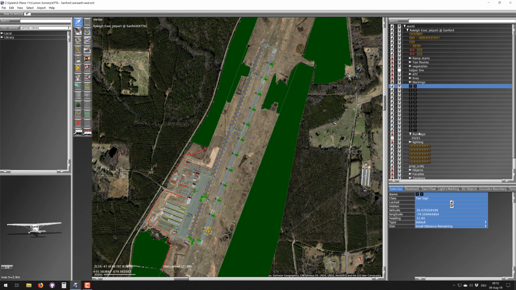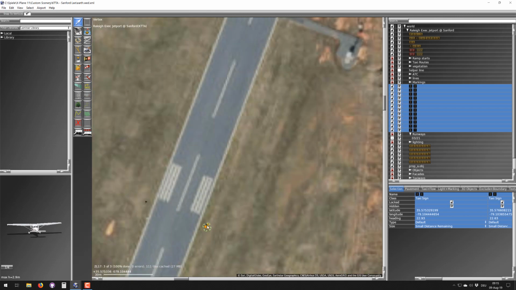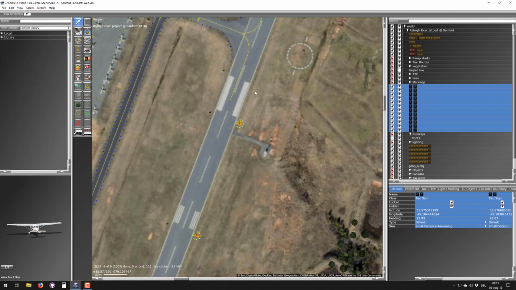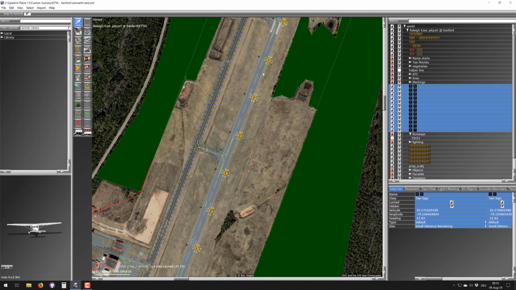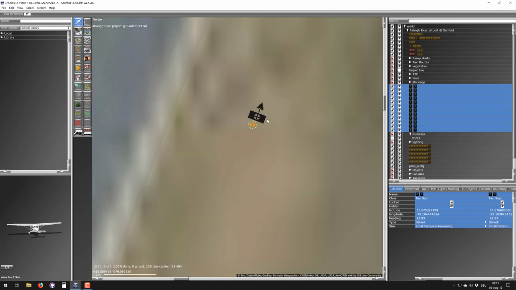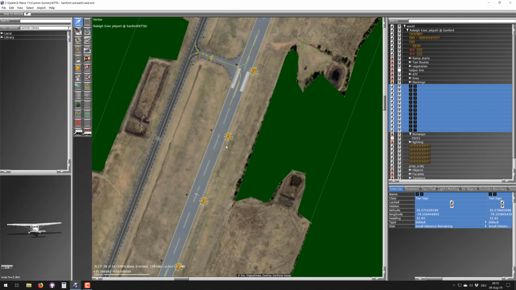So if you really want to do that, you can either place them precisely where the preview ones are. See, I didn't do that. I'm off a little. Or you can later on select them all and then use the edit align, and now they will all be in a nice line. This is important because as the plane approaches the runway, you will look down all these signs, and if they're a little bit off, you will immediately see that, and it looks sloppy. So make sure that you align them nicely, even if they're not precisely now on the preview ones,